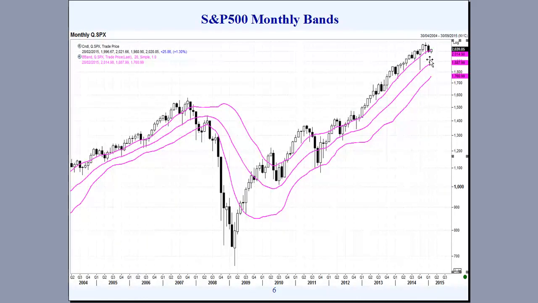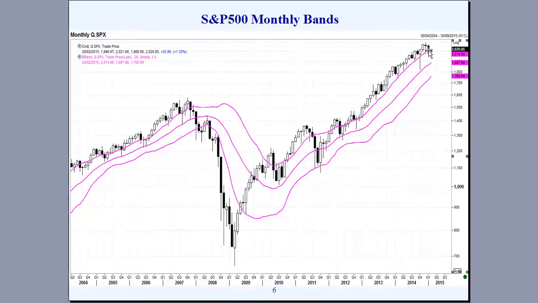And just taking a quick look at the current state on the monthly chart with the bands, here we see a bearish candle that's developed, so the seller's taken control, and that follows a weak, very small bodied candle, but still finding support at the upper band, as we've seen the S&P 500 doing for some time, all the way through 2013, 2014. For all of 2 years, the S&P failed to close within the bands on a monthly basis, except for this last month that has finished trading. The first month, January 2015, we've just closed within the bands.